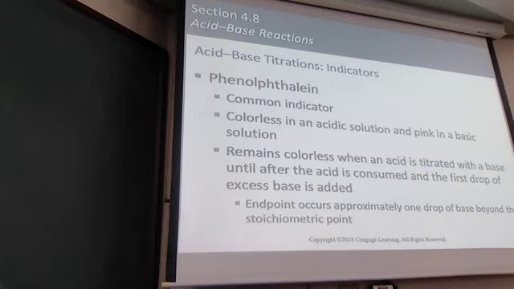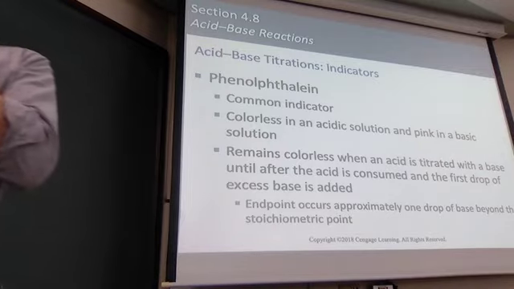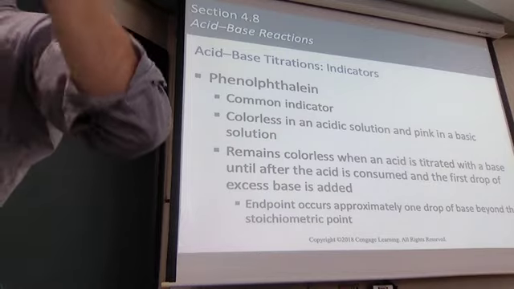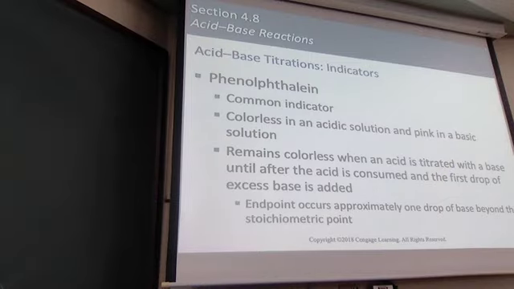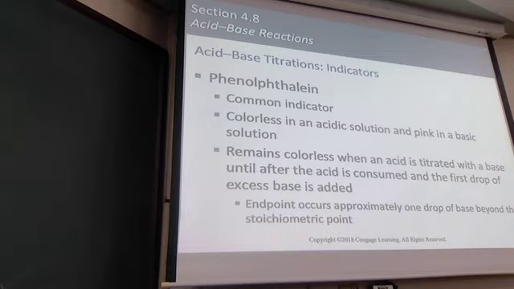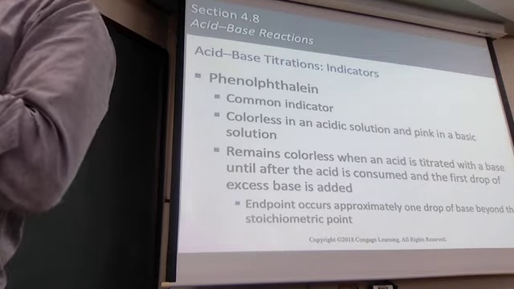And it remains colorless when acid is titrated with the base until after the acid is consumed and the first drop of excess base is added. So this is actually the important thing for an indicator. They don't switch the color continuously, but very abruptly and suddenly, so that you can very accurately measure the equivalence point. The end point of the titration is when you add one drop of the additional base,